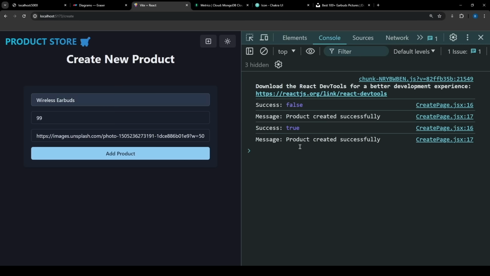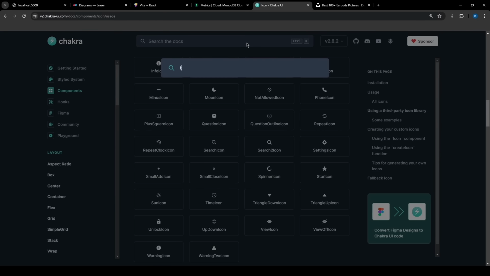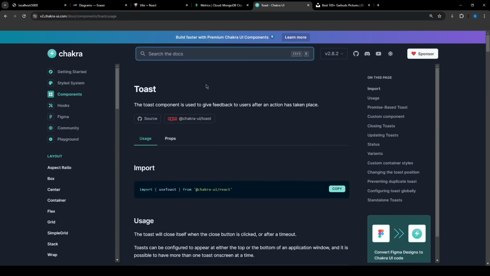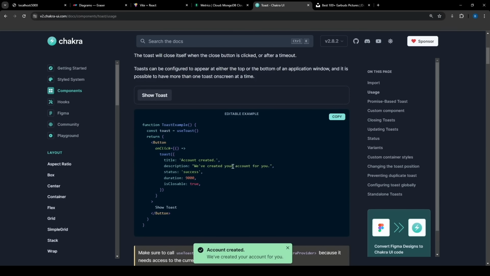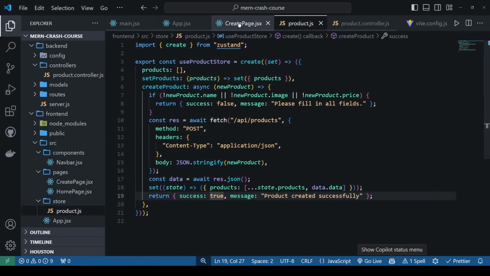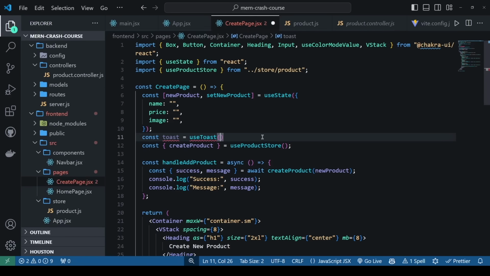Once the product is created, instead of seeing this in the console, maybe we can see a notification, which is something that we call a toast. And this is going to be coming from our package, right? Our Chakra UI library. This is how we can use it. We have this toast. Let's just grab it, go into the create page, and try to import it